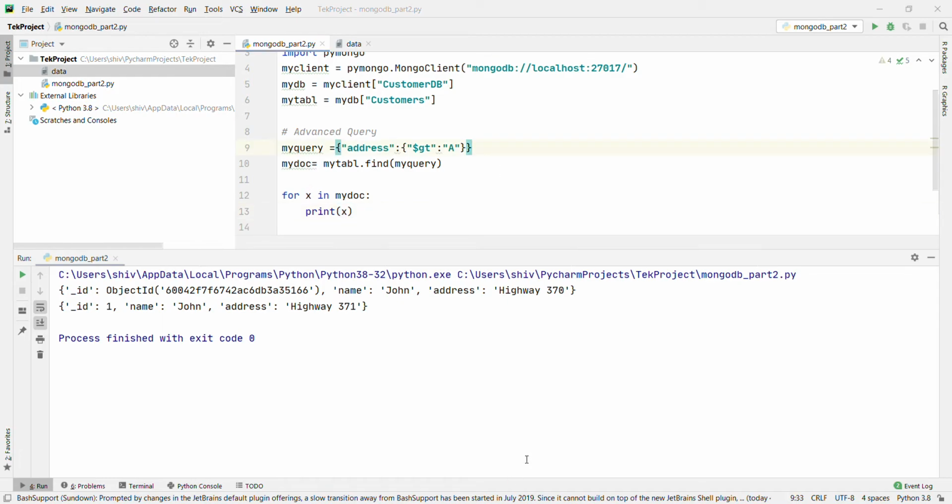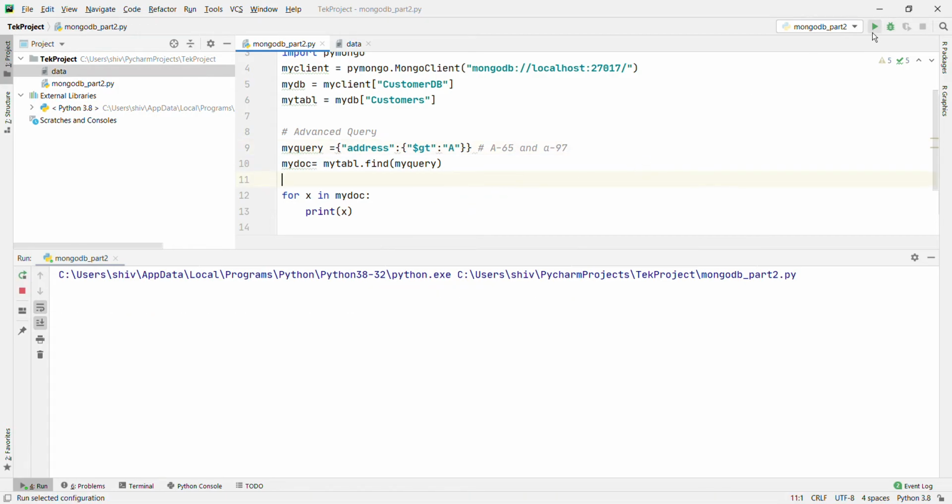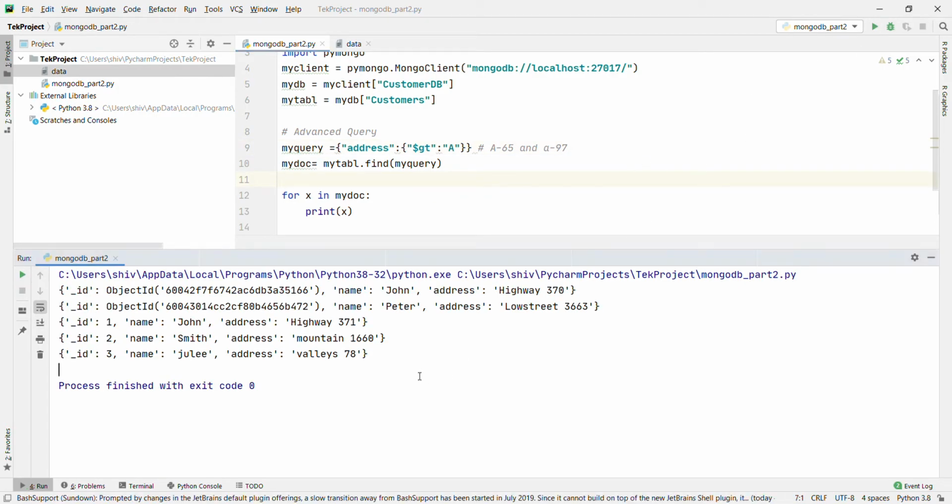That is 65, right? And what's the value of small a? That is 97. This is very important here. Capital A is 65 and small a is 97. Let's run and see what the output will be. It will give all the results. Do you know why? Because I am using capital A, then all the values, valley, mountain, highway, are greater than 65.